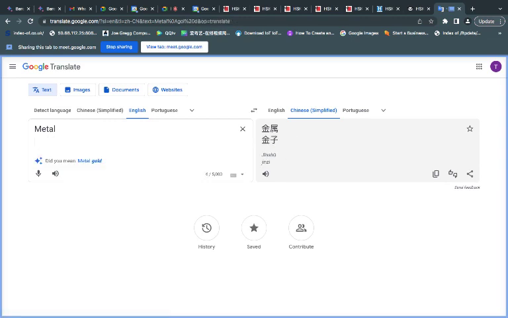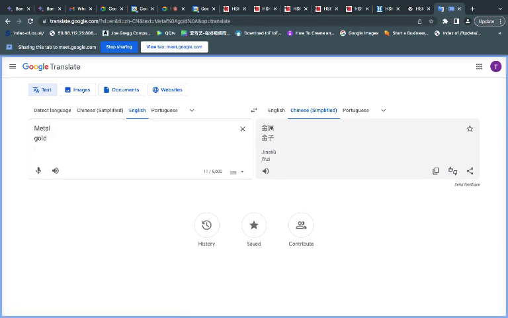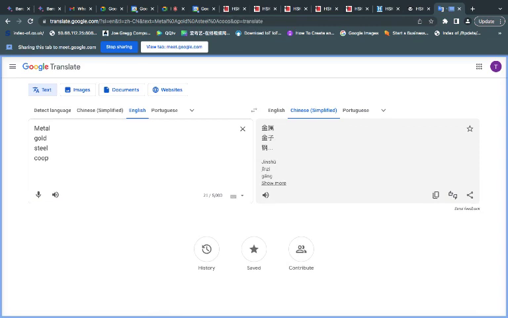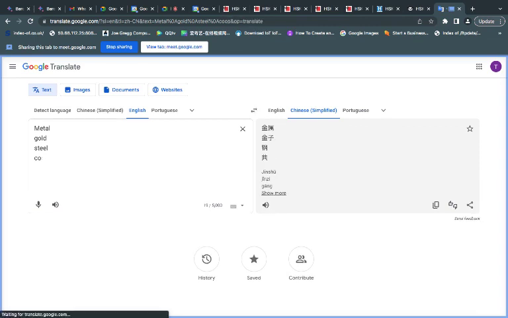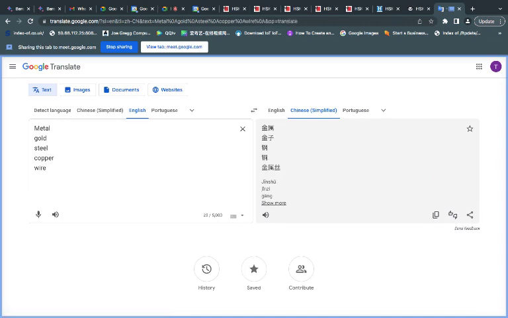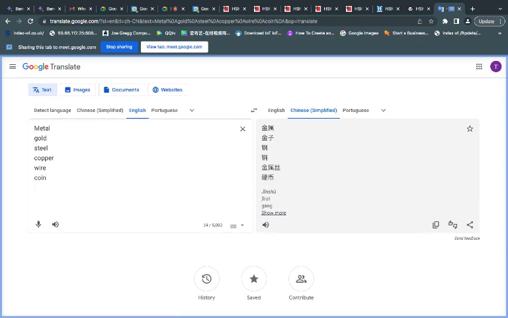Okay, I'm going to do it like this. Gold. I'm going to see how many come up with it. Copper is also another metal, right? Wire. I don't know if coin has metal in it. Aluminium. I don't know how to spell that one.